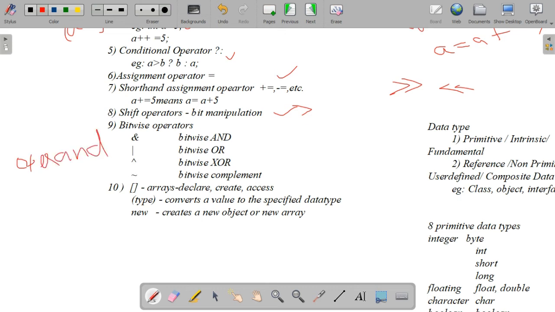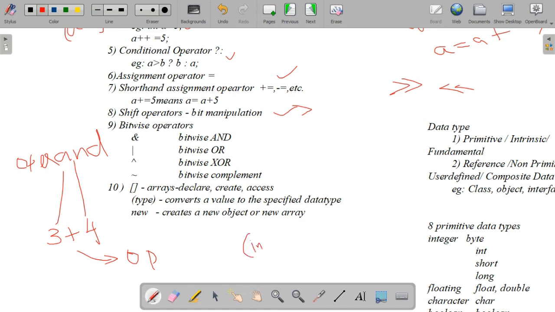So XOR and these come under the unary operators, is it? Yeah, operators are always classified into 3 types: unary operator, binary operator, and ternary operator. Unary means only one operand we are using. Binary means at least two operands will be there, and ternary means 3 operands. So all of you know what operand and operator are, is it? Operand means the variables or the values. For example, 3 plus 4: what are the operands? 3 and 4 are operands. What is the operator? Plus is the operator.